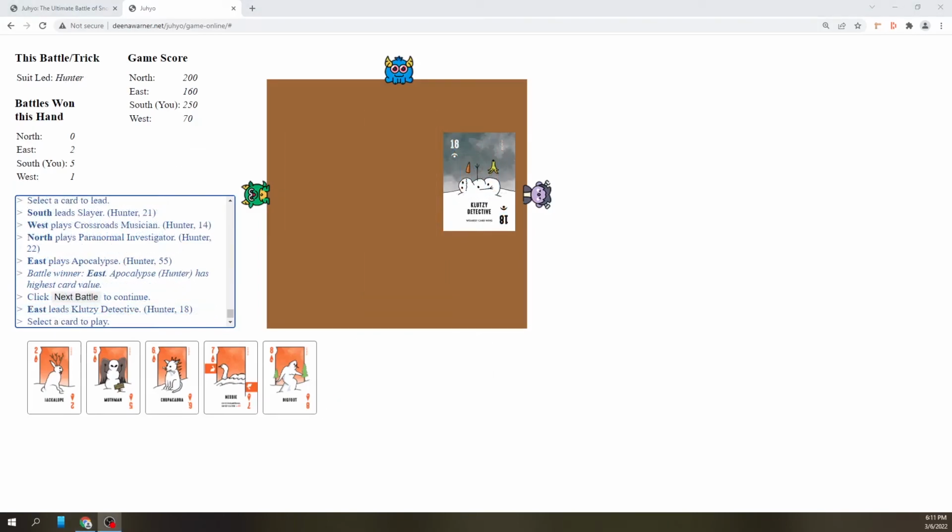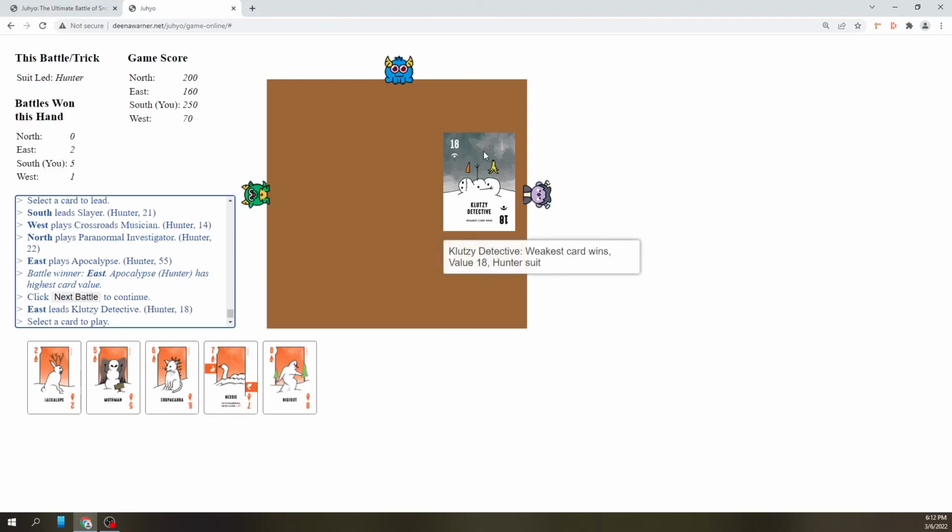So we're getting down to the end of the game. I have 250 points. And at the end of this hand, when the rest of these cards have been played, I pretty much think I'm going to win because I've taken 5 tricks so far. That would take my point value up to 300, which means I would win this 4-person game. So I'm just going to play through the end here.